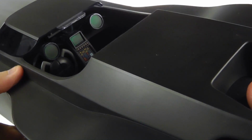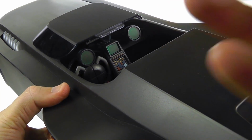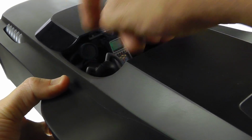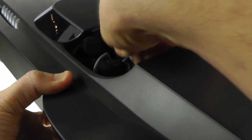One thing that a lot of people don't seem to actually mention is that the steering wheel actually does extend back. People complain, oh, I can't get the Batman to reach the steering wheel. It slides back. So, I mean, it's meant to do that. I don't know why people...